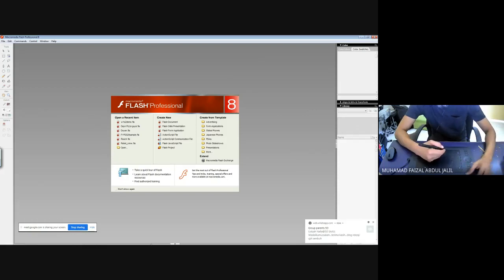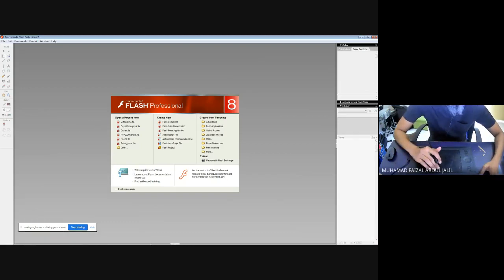Some other shortcut keys, like N for the drawing or pencil tool, L for the line tool, Y for the selection tool or lasso tool. Those are the normal routine navigations that we are going to use when we work with the software itself.